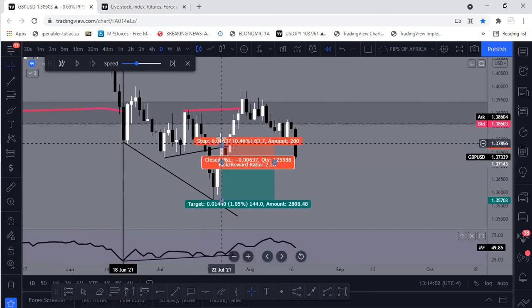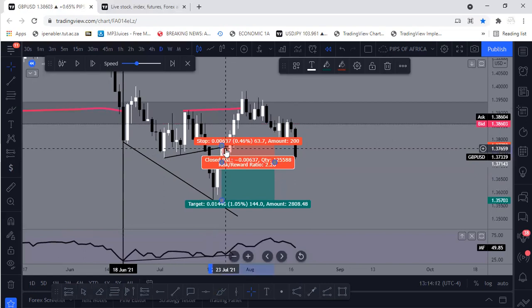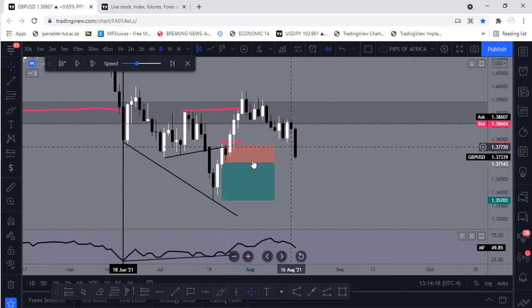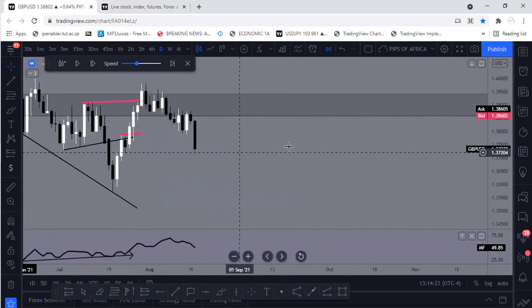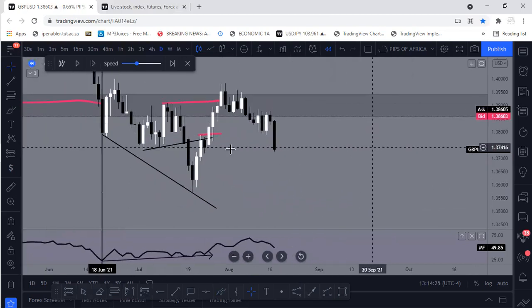The price went back up, creating the break and creating what? Turning the support into the resistance. Because the market makers know where our stop losses are. They know that through support and resistance, right? They know that if they move the price like this, if they break the support,